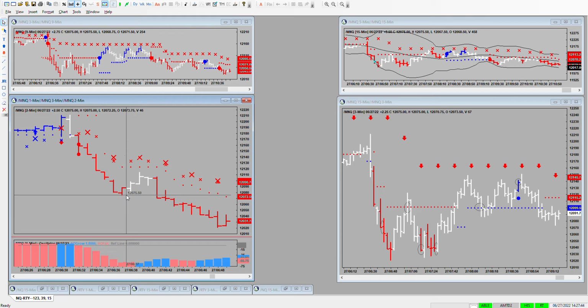I was locking in as this was falling down, and I moved my stop, I believe, to first lock in 60 points, and then once it continued to move, I locked in 70 points. And I had a profit target